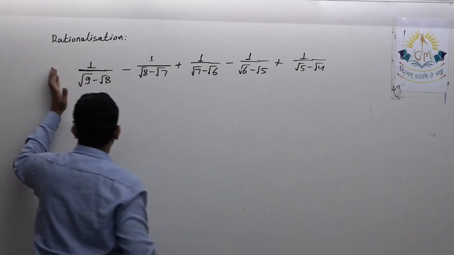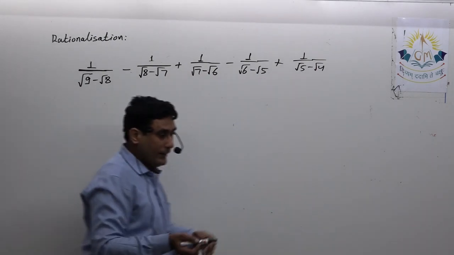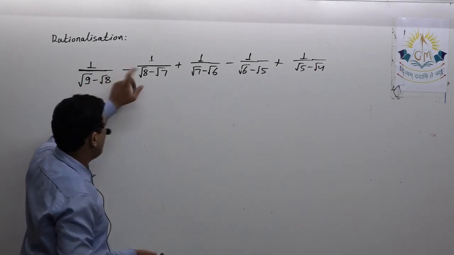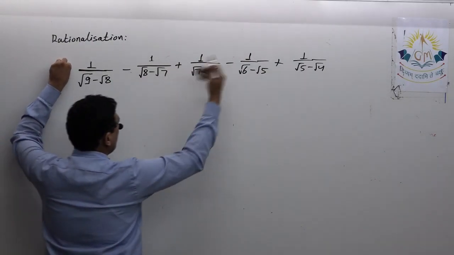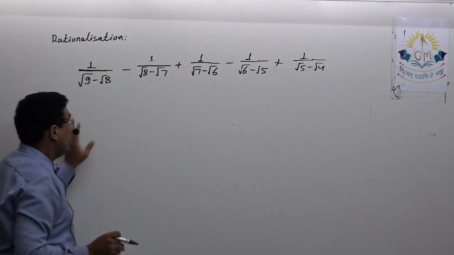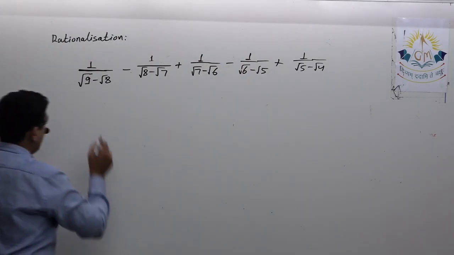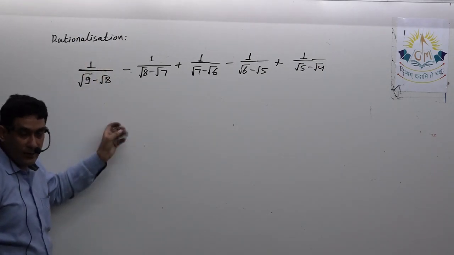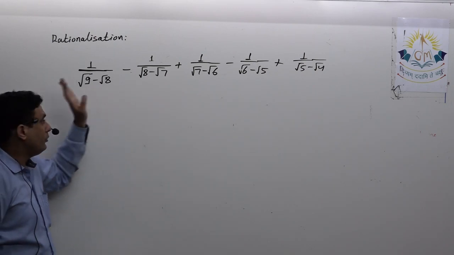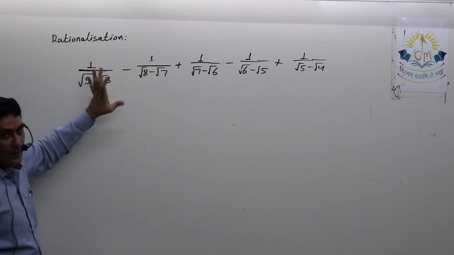See, here the first term is positive, then negative, then positive, then negative, then positive. You might get a question in which these signs are in the opposite direction. That means the first one is negative, then positive, then negative, then positive, and so on. Now, definitely if you solve it in a complete manner, it will take time. But one thing that should come to your mind, that to simplify this, what we have to do is start by rationalizing.